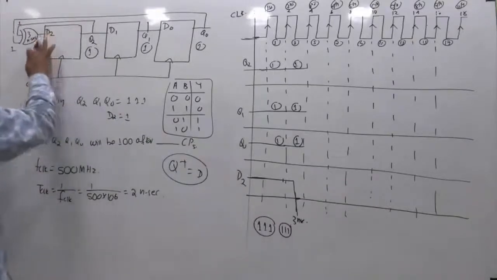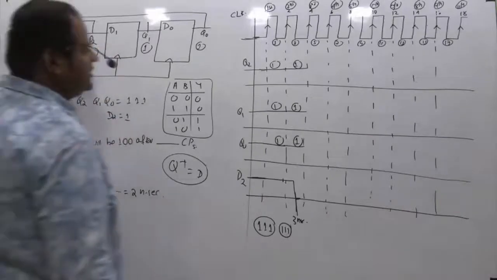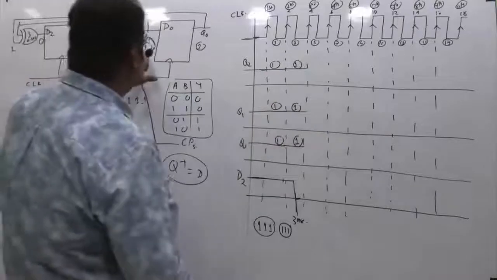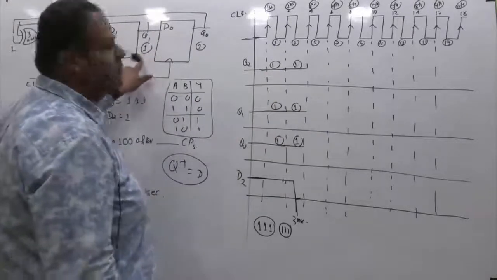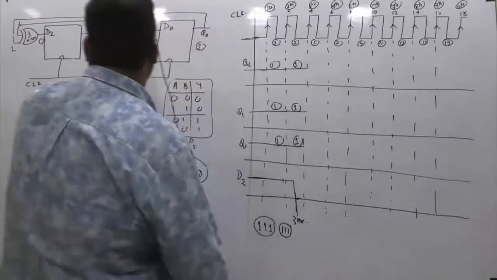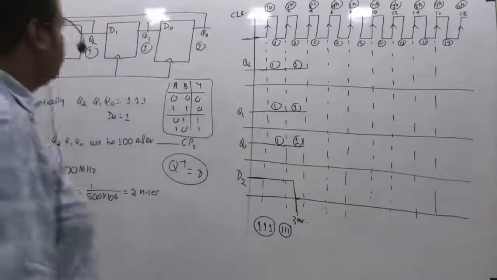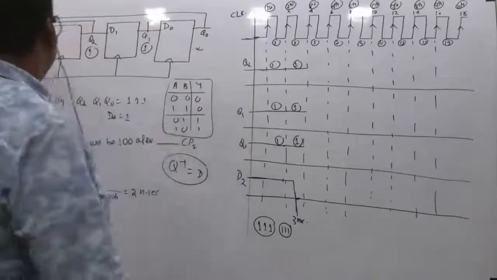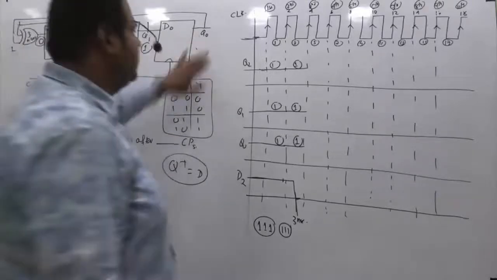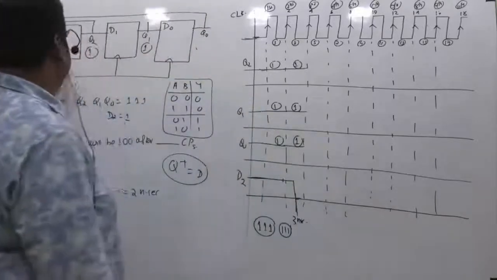Just before the third clock pulse, the input to D2 is 0, and the input to D1, which is Q2, is again 1 just before the third clock pulse. And this is again 1 only, right? So you can see Q1 is also 1. So if I give the input 0, 1, 1, what are the corresponding outputs after the third clock pulse? This 0 will be available here, this 1 here, and this 1 here. So just before the third clock pulse, the inputs to the flip-flops are 0, 1, 1.